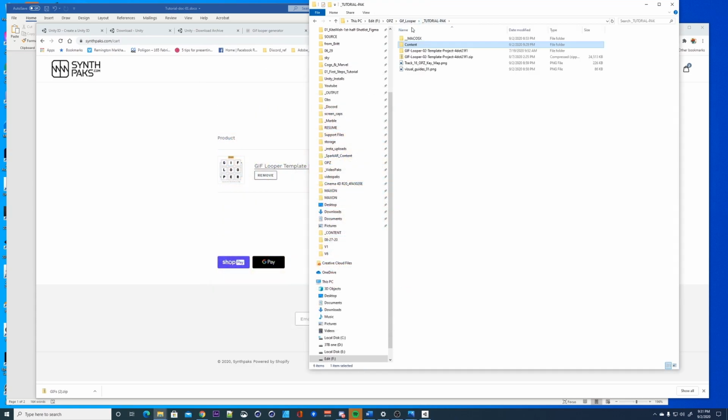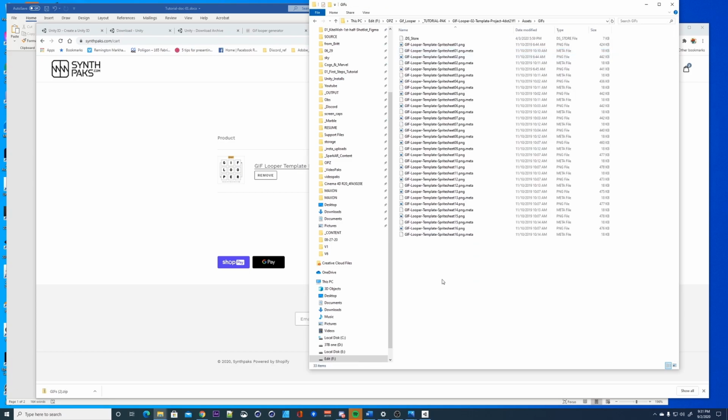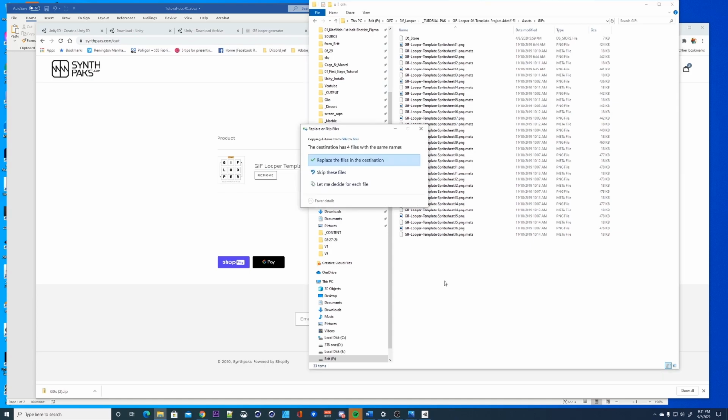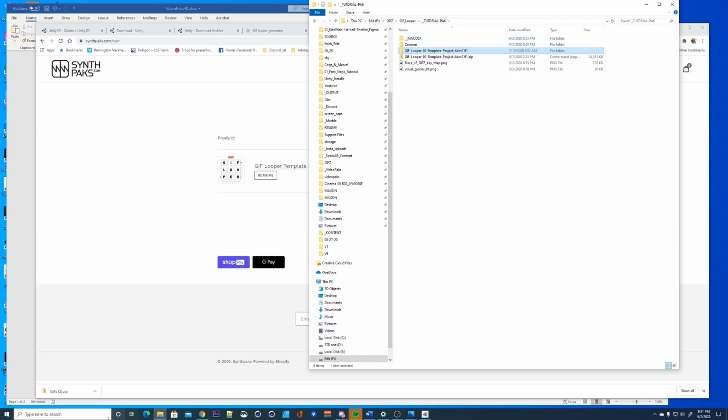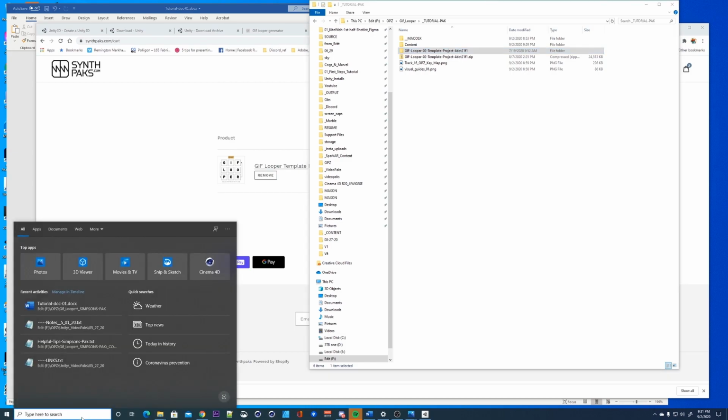So let's go back here, go back to the Unity project or the Gif Looper pack, assets, GIFs, and then we're going to paste it in there, and you want to replace these files. So I just replaced the first 4, and we're going to load that up into Unity now. So let's go back to the hub,